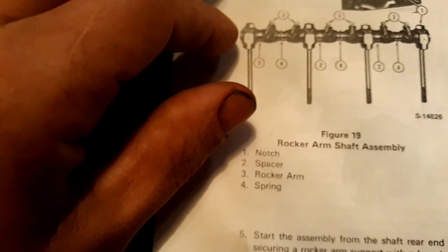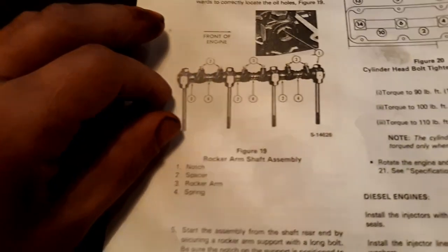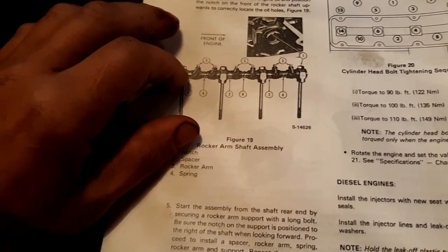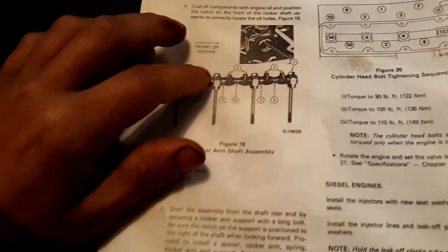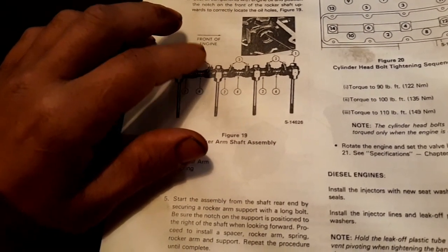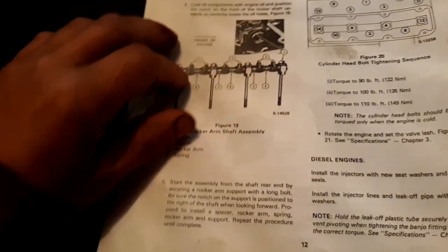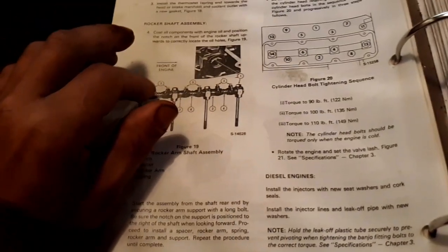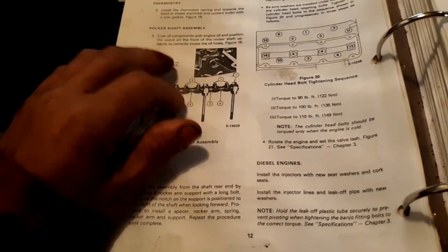I believe that the rocker arms and the valves and everything is so much louder on this tractor and making so much noise, because this rocker shaft and these rocker arms and the push rods and everything, unless that hole accidentally or luckily lined up, this step never got done. So all those rocker arms and valves and the push rods wouldn't be getting oiled right, because those holes have to get lined up right to align up with that passageway that I showed you